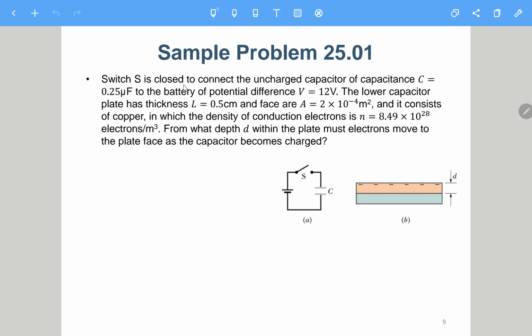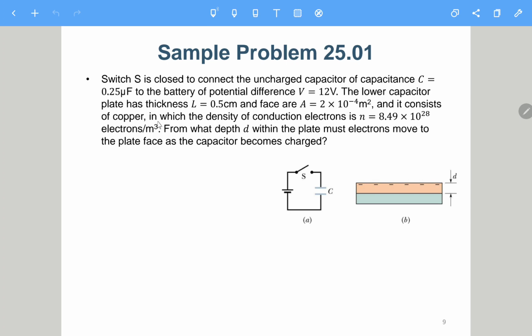It says the switch S is closed to connect the uncharged capacitor C, which is 2.5 microfarad, to the battery of potential V equals 12 volts. The lower capacitor plate has a thickness L of 0.5 centimeter. This thickness is not really important in this problem. And the area of the face is A, this value,